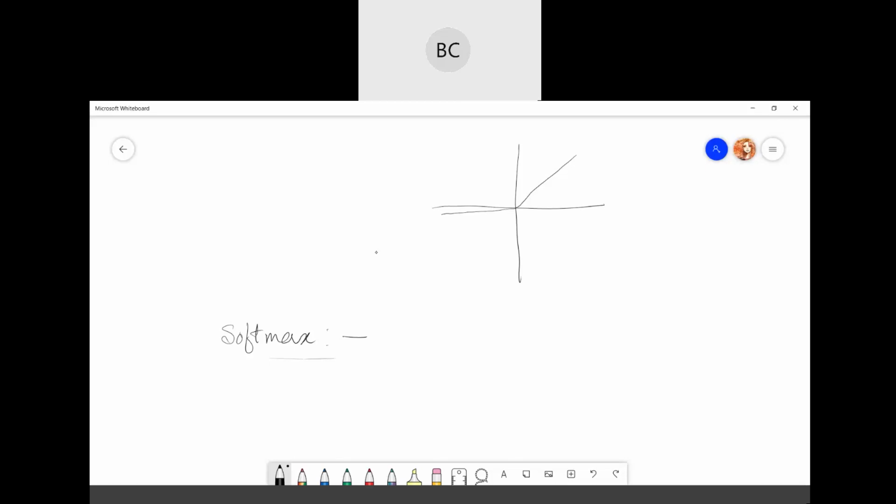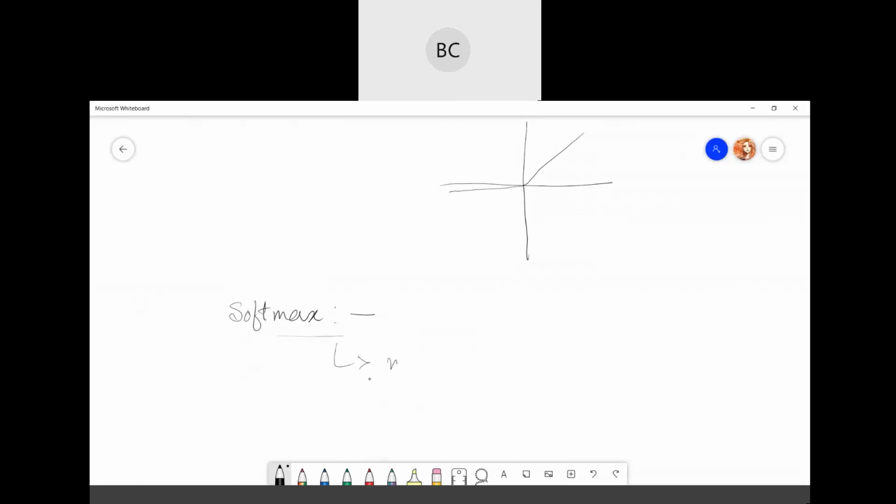It is like a combination of multiple sigmoids. We know that the sigmoid function gives values between 0 and 1, which we can treat as the probability of a data point belonging to a particular class. Sigmoid is most widely used for binary classification, because it just gives the range between 0 to 1. And softmax is mainly used for